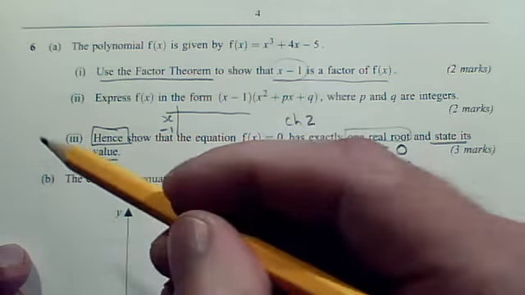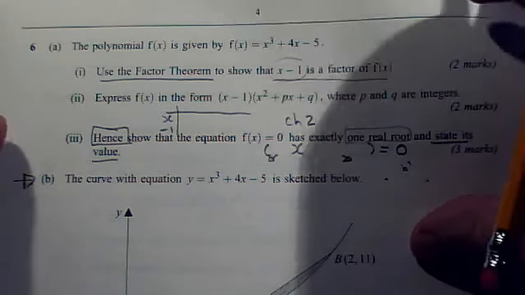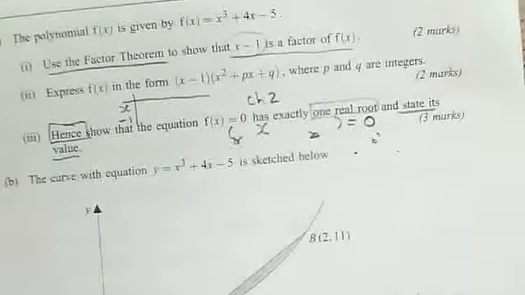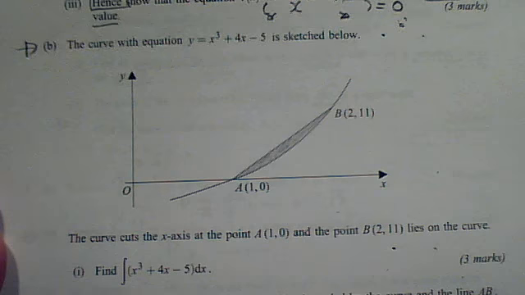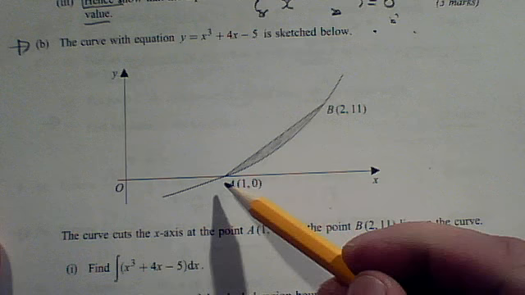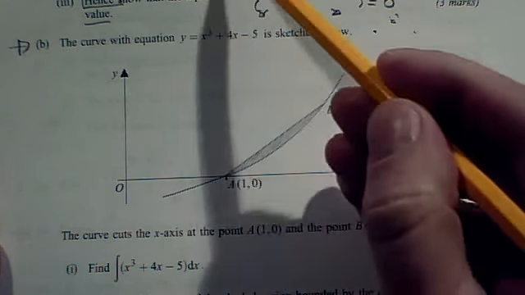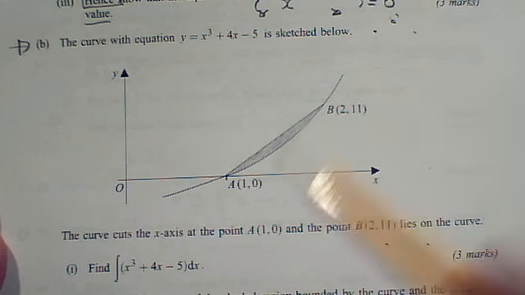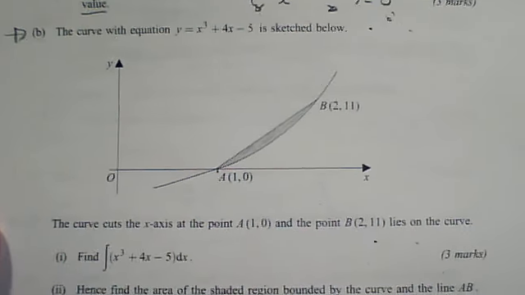Alright, part B is a complete change of tack. I think this is a total re-entry point. I'm not sure we're going to need anything we've done from part A in order to do part B. Though the fact the graph crosses the x-axis at (1, 0) possibly reinforces the fact you found earlier, but no, part B is new. So if you had a bad time on part A, don't let it put you off